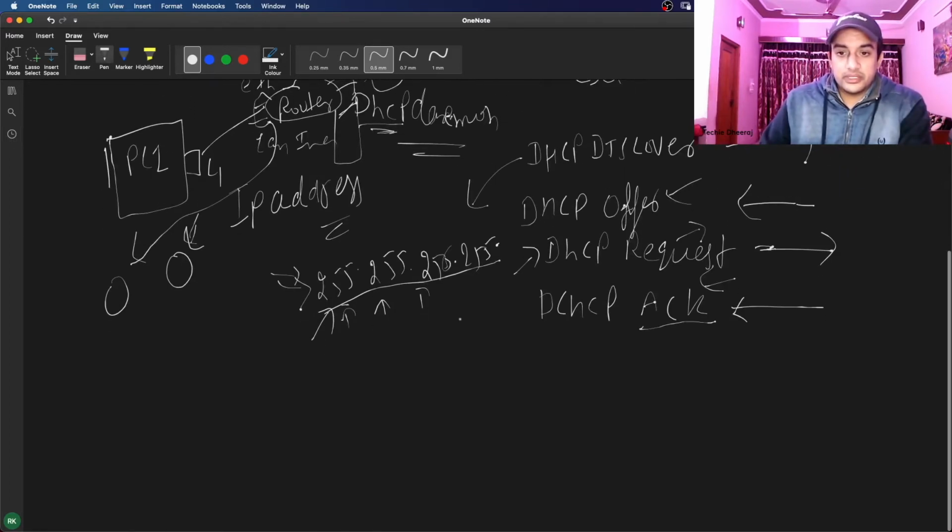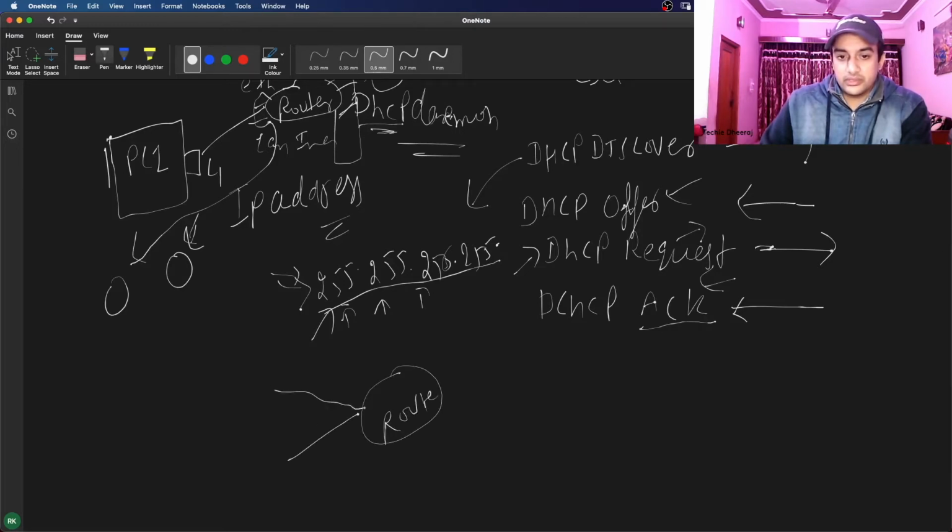In the DHCP discover, offer, and request packets, we are sending for the first time because we have not configured an IP address yet. But if we have already configured one, how do we check that? Whenever a server replies with an IP address, here is the router, and for example three PCs, PC1, PC2, and PC3. When the router gives IPs to all these PCs, it maintains a table.